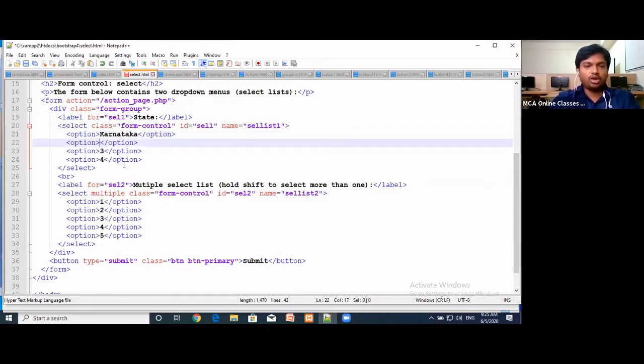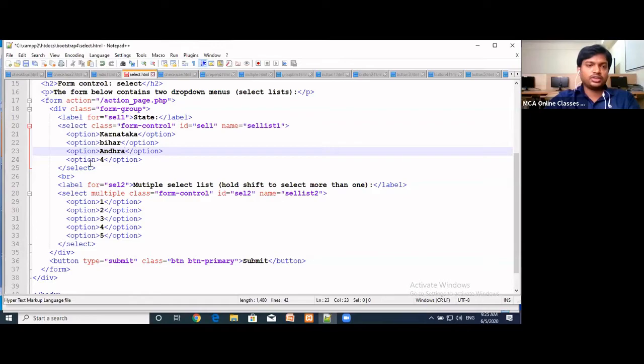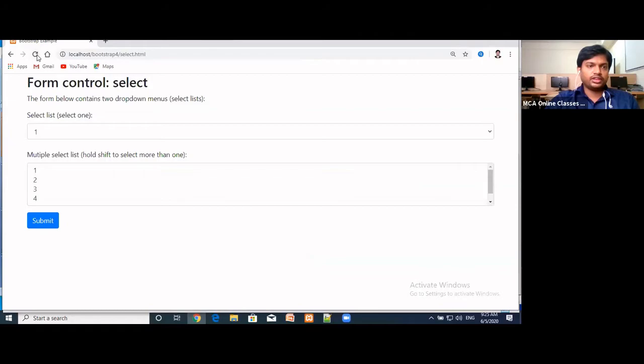Again, by alphabetical order also we can define, so Bihar, so Andhra. Like this we can define the states. So we can add this, and here we refresh.